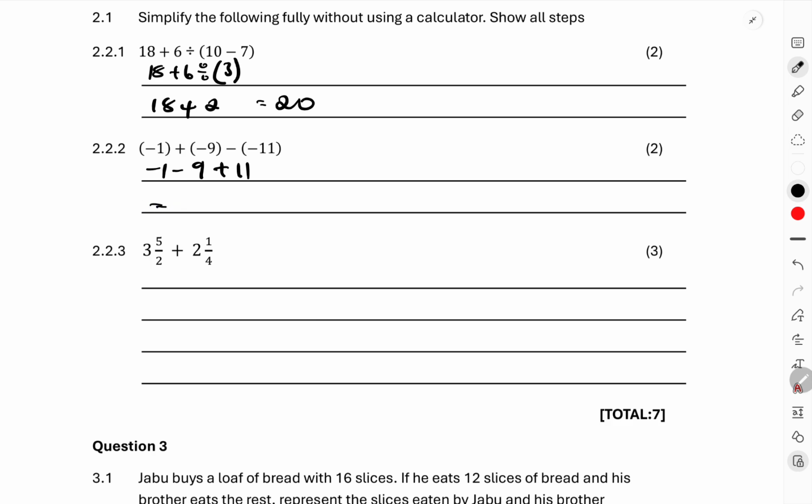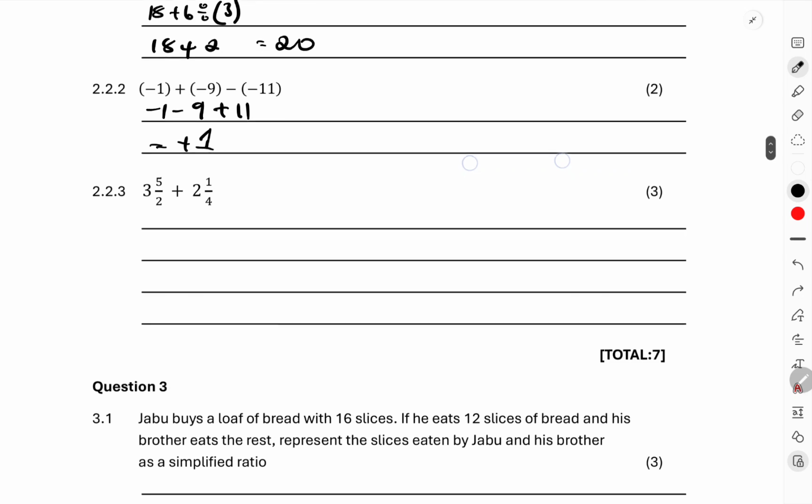Then at this point, I can use a calculator. Negative 1 minus 9, negative 10. Negative 10 plus 11. The answer becomes positive 1. Therefore here it was for us to know that a negative and a negative will give us a positive. Then with